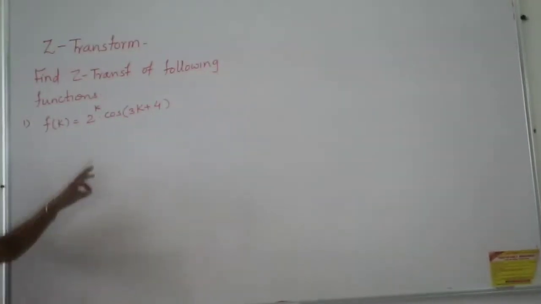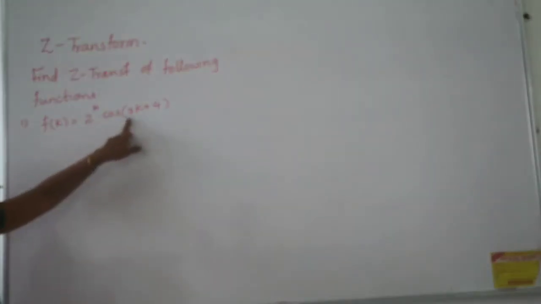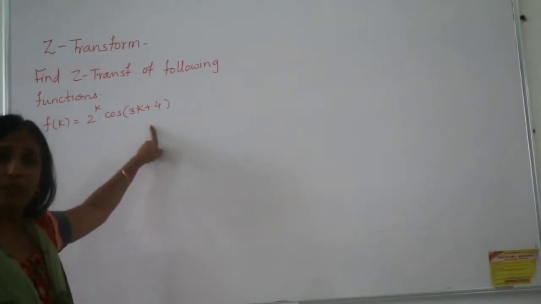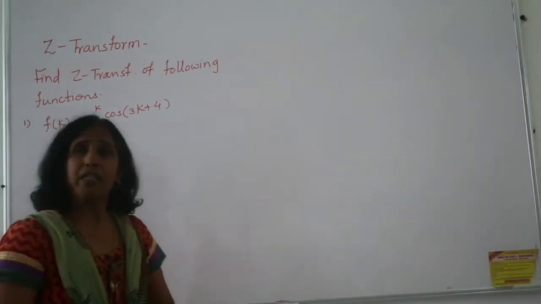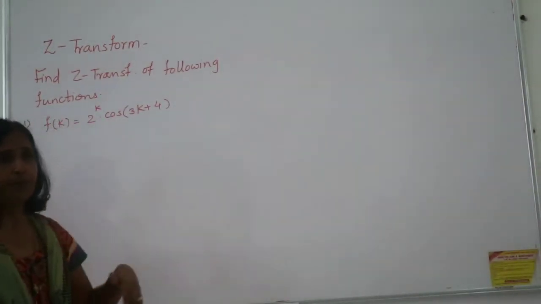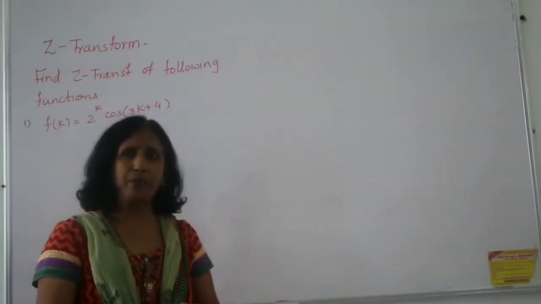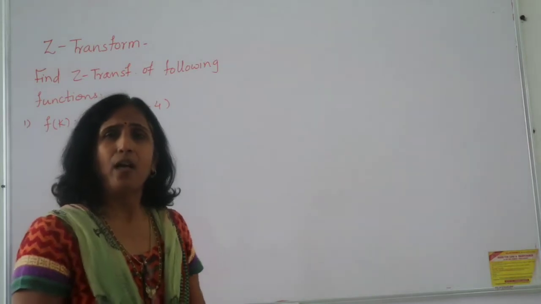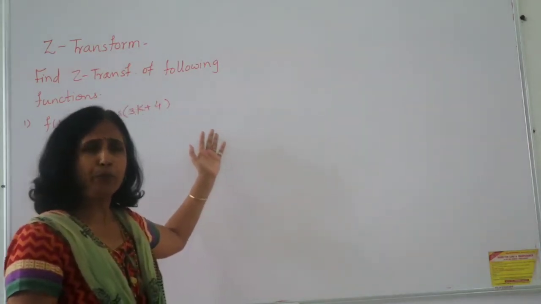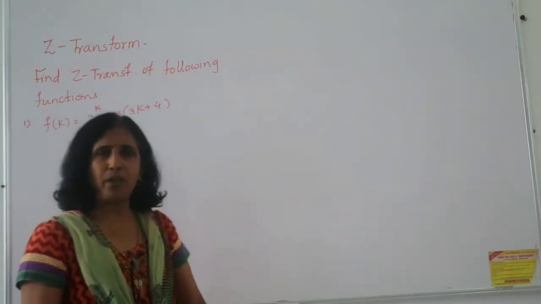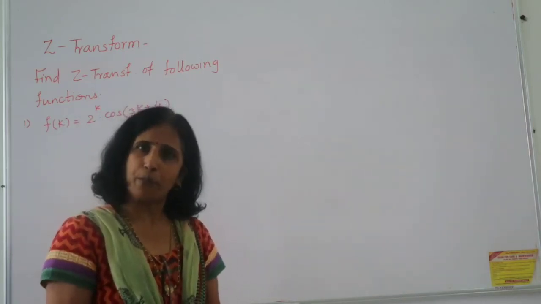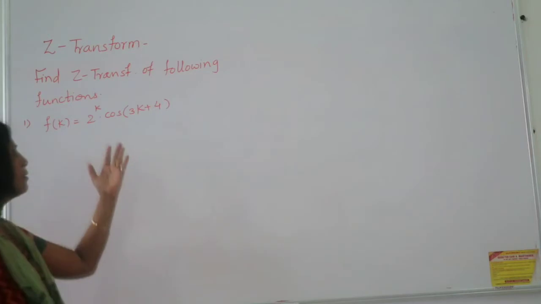Now just see, if I take this as a product of two functions, this is exponential and this is a trigonometric function. If I try to simplify this Z transform by using the basic definition, by taking the summation of f of k z raised to minus k, how difficult it will be. I won't be able to express it as a GP, and every example is not a GP, it may be in some different format also. So let us go for some formulation.